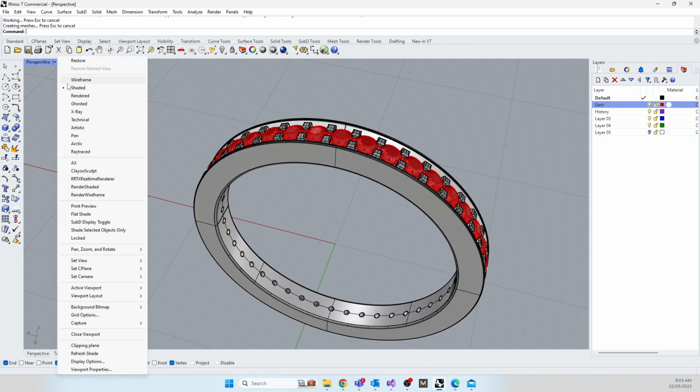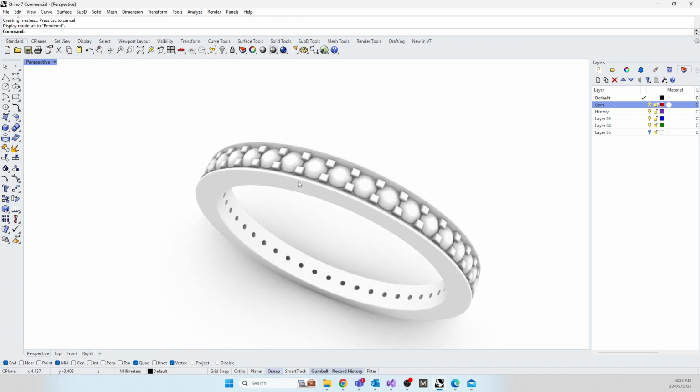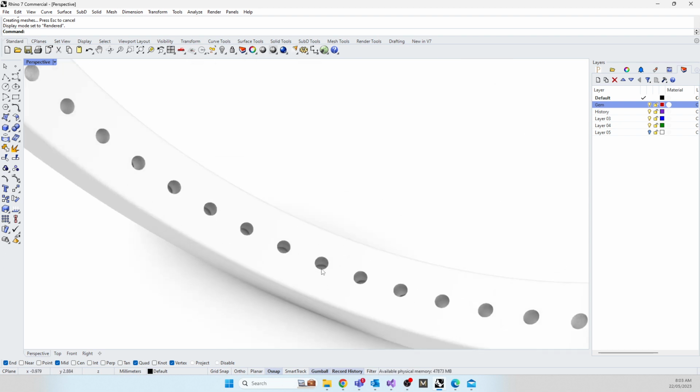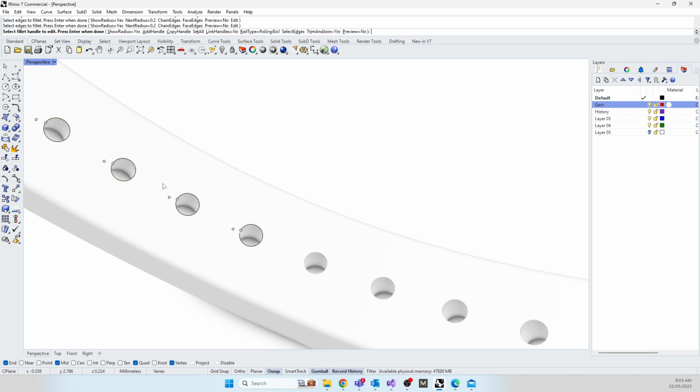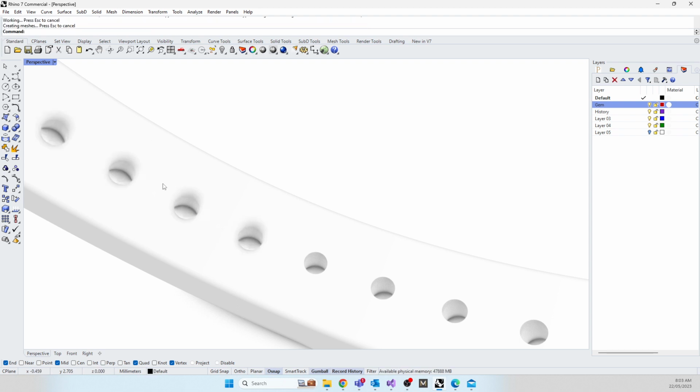All right, so if you're in your rendered viewport, you can start assigning some materials to it. If you're really pedantic, we should have done this when we drew the cutter. You could have also drawn a little radius on the bottom of this. So if you go fillet edge, for these I'd use 0.2. And you can work your way around the ring, just depending on how fancy you want to get for render. Okay, I'm going to go Control Z because I don't need to get that fancy for render because there's